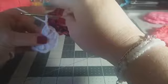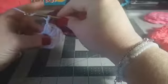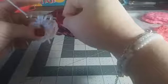Okay, so pull this up. Keep it kind of loose, but not too loose like I've been doing, and it's falling off my hook. So we yarn over. We go through our hole. We pull up 1. Yarn over. Pull up 2. Yarn over. Pull up 3. Yarn over, pull up 4, yarn over, and 5, and then go through all 5, just like